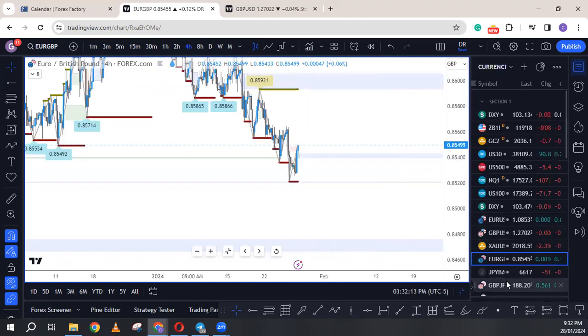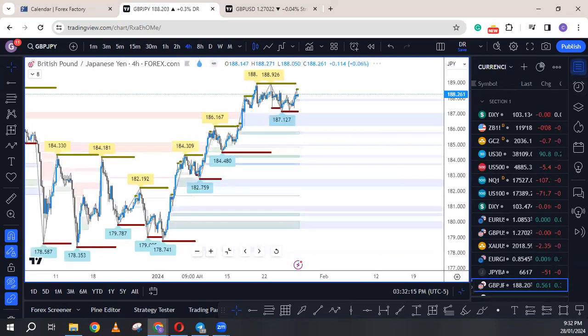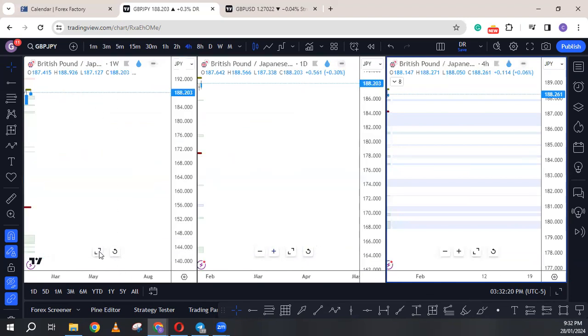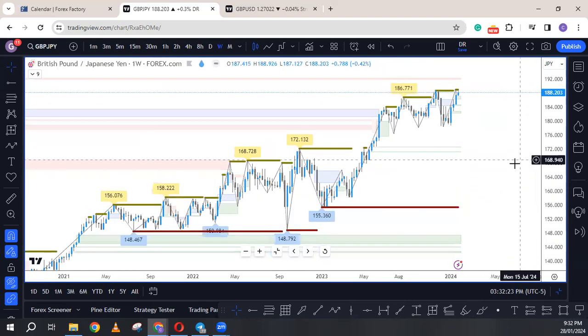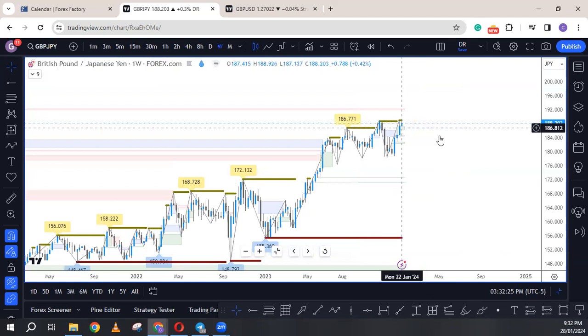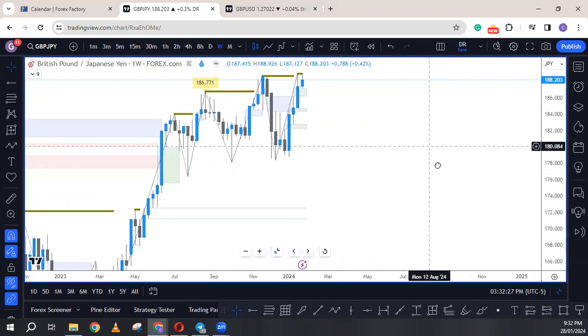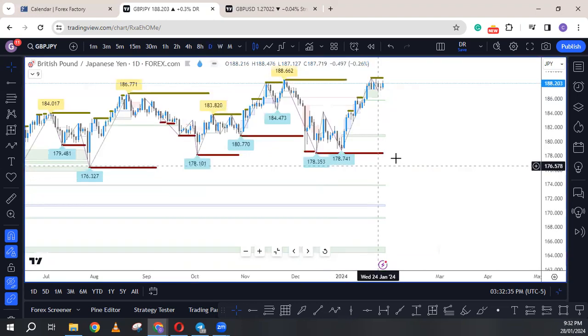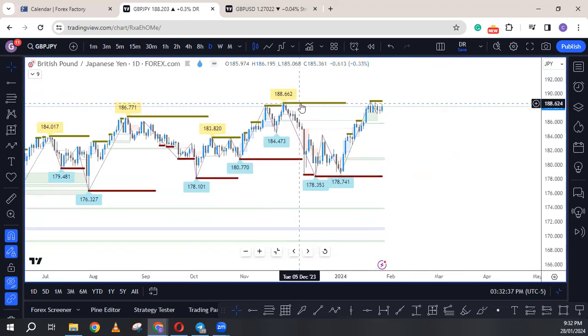The next pair we're going to be looking at is Pound Yen. This pair is still bullish. Let's look at it from the daily. It's still bullish, but it's in a consolidation. Last week, it didn't close above 188.69. It's a rejection. If we go into the daily time frame, you can see there's a rejection below